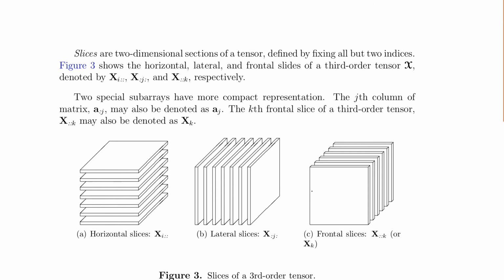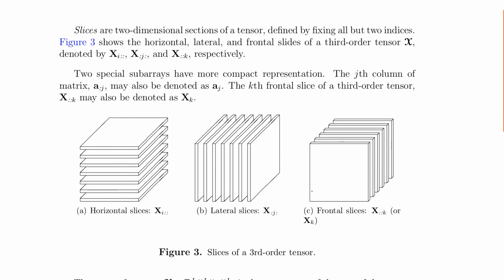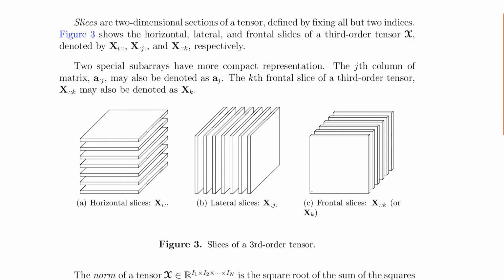Similarly, we can pull out a slice from a tensor. Here again, we will use a third-order, or three-way, tensor as an example. If we take a horizontal slice, I take the entire first plane here. If we remember the indices, along this way is the first index, this way is the second index, and this way is the third index. So the one we are referring to will be x